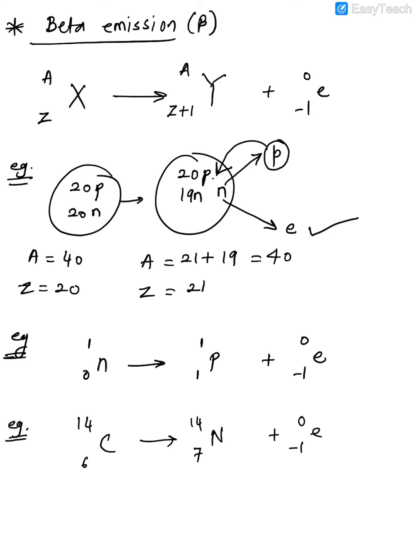Now guys, the last one is the gamma radiation. Now, what is a gamma radiation, or a gamma emission? In gamma emission, basically, there is going to be no loss in the mass, and there is no change in the atomic number. Remember, guys. So, for example, you have a nucleus X, with mass number A and atomic number Z. Here the nucleus is marked with a star. Star means what? It is in an excited state.